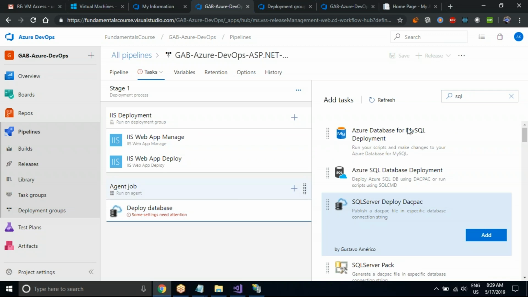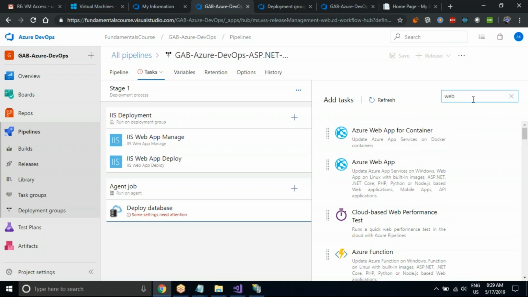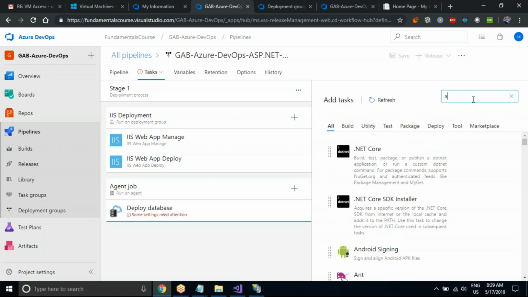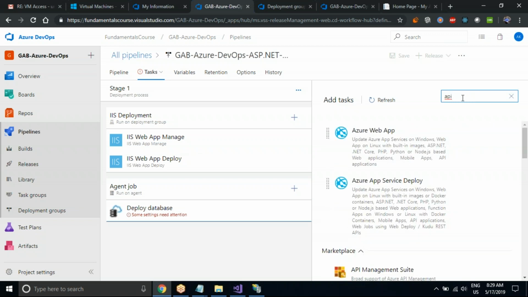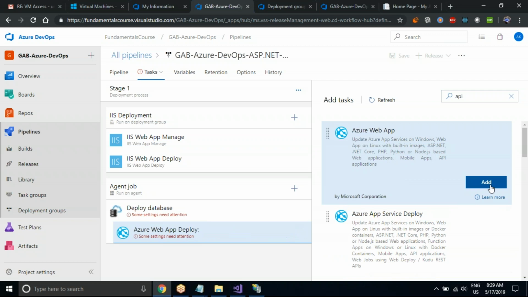I want to add one more agent job inside this. Once SQL is done, what is the other thing? I want to deploy the web API. I'll go ahead and deploy it inside my Azure portal. I can go ahead and say add. It will give me that task. I can keep on telling it whatever tasks which I want to create. Once I trigger the release,